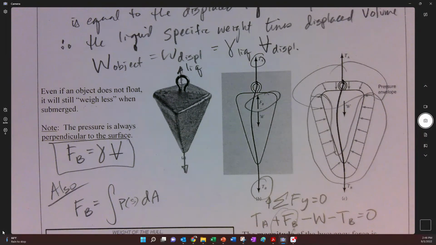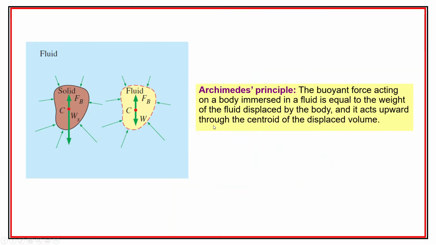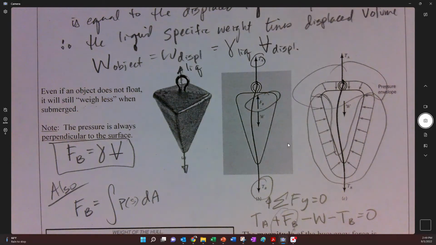Let's see, I think I have some slides with some pretty pictures, and that might enhance our learning here. So here is another, this is what the book has: the buoyant force acting on a body immersed in a fluid is equal to the weight of the fluid displaced by the body, and it acts upward through the centroid of the displaced volume. So that's an important thing to make a statement about, right? That all of those pressures are pushing towards the center, and because of this,